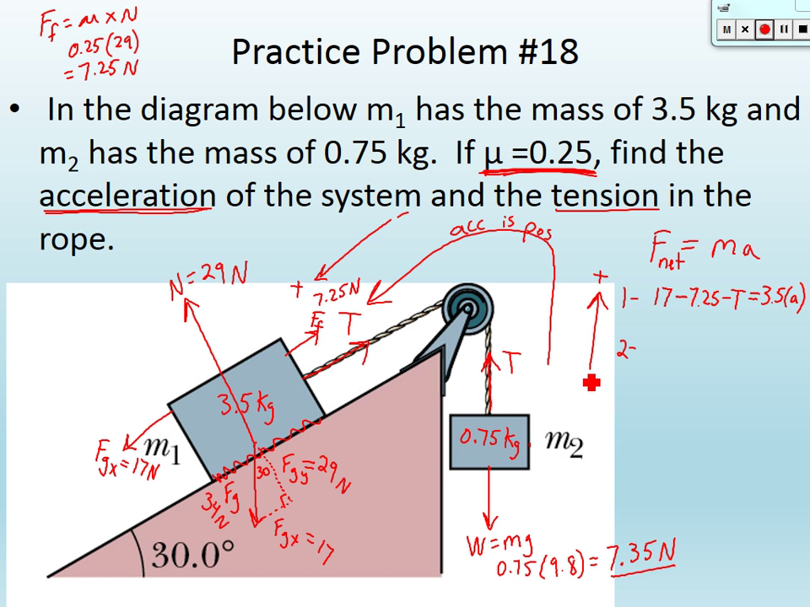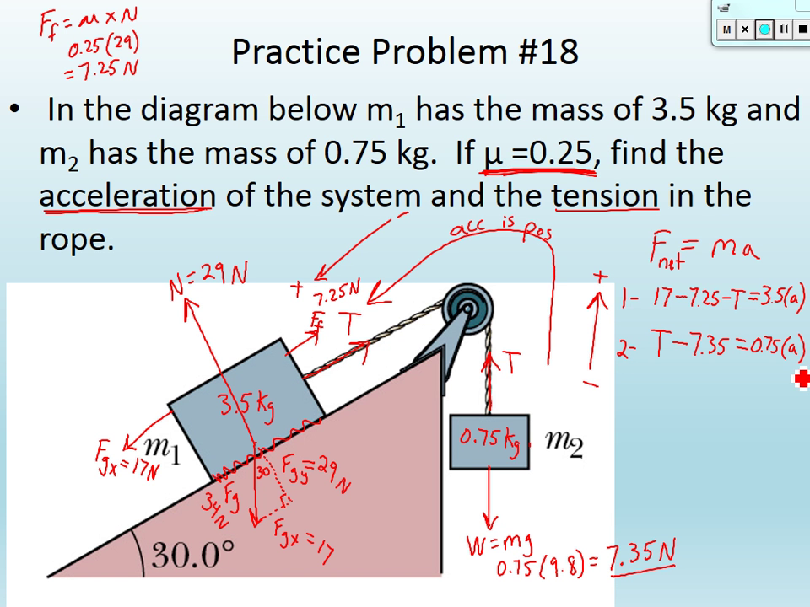Okay. Now let's go and figure out our other equation from M2 here. We said that everything down was negative and everything up was positive. So now tension is positive, and we're going to subtract off the weight, which was 7.35. And that will give us the net force, and the net force is equal to its mass, 0.75,